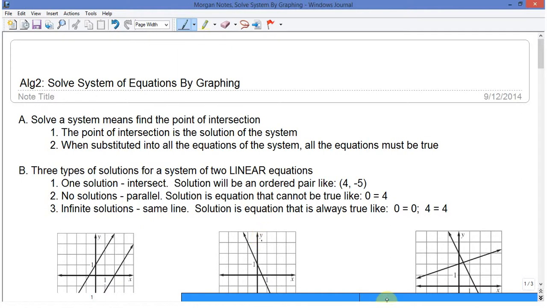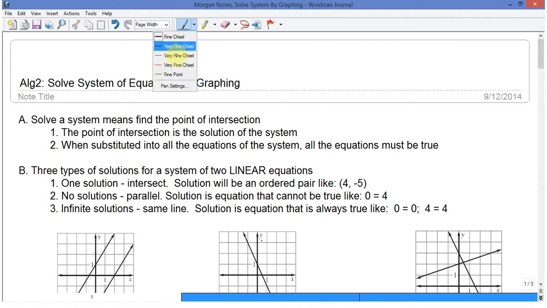Okay, in this lesson, we're going to solve a system of equations by graphing. So first we need to figure out what it means when we say solve a system. A system of equations, and these are going to be linear equations, is two or more lines. And what we're looking for when we say solve a system is where they